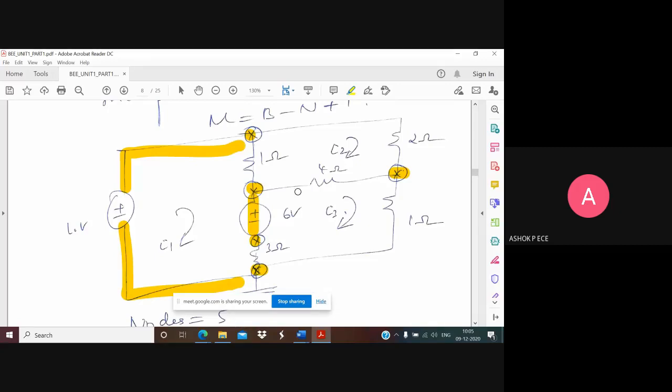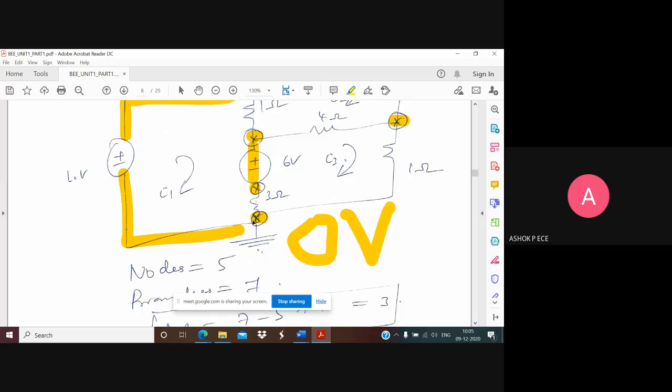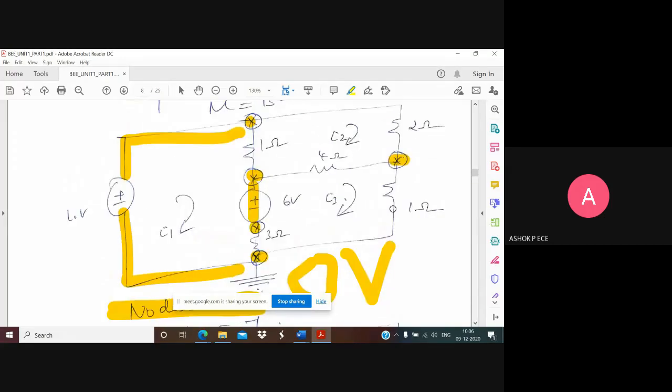So here in this circuit, we have 5 nodes. By default, ground will always be a node. Ground is a node which has zero voltage. By default, this lowermost portion of the circuit will be acting as ground, and whether the ground is given in your question or not, you will assume that it acts like a ground. Ground is also a node. So in this circuit, we have the number of nodes to be 5. Is that clear? Any doubt you have?